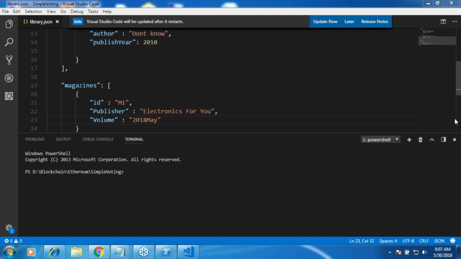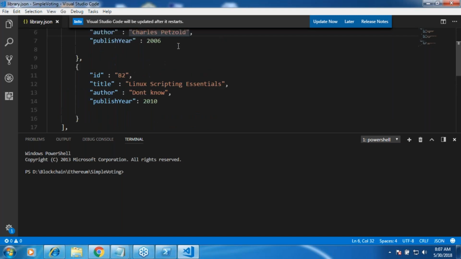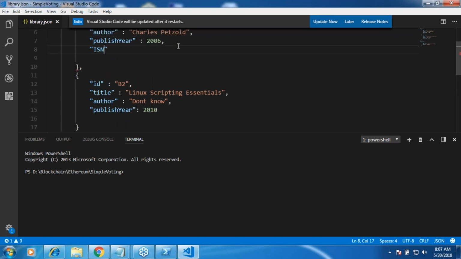Is it possible that one book has certain JSON properties while the other book has others? Yeah, it is. So for example, let us assume that the second book is your office, your company, your college's book, which is published for the students. This is a general book, so it will have an ISBN number.